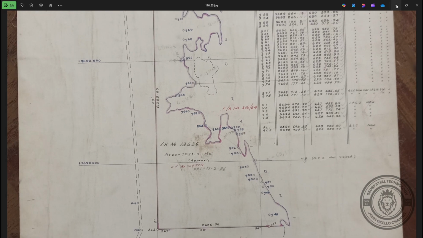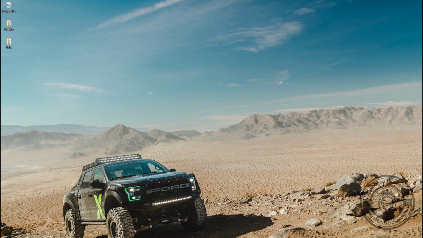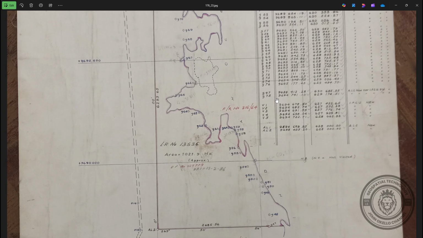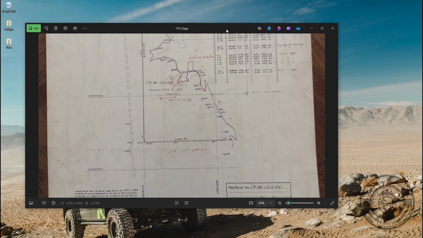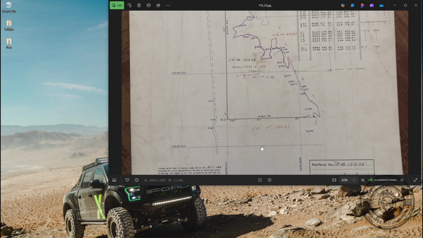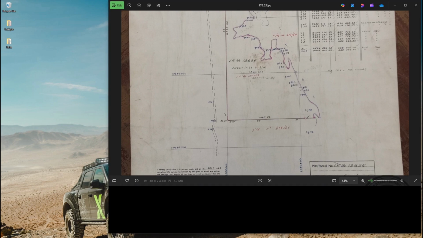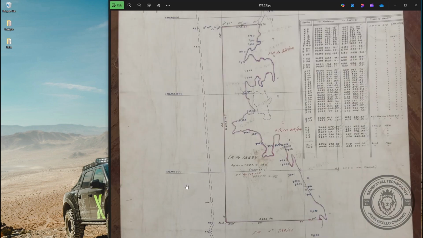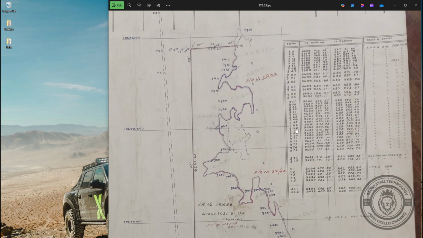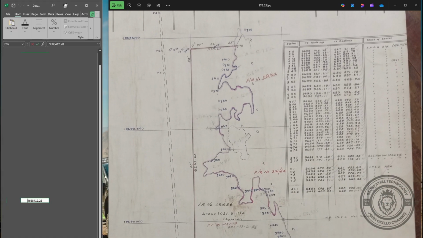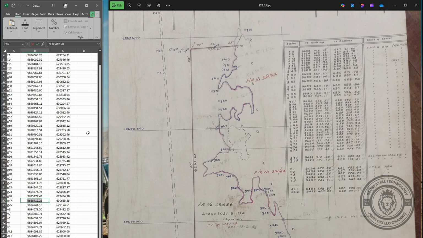What I normally do to make my work easier, I normally type the coordinate list in Excel so that it will be easier for me to copy the coordinates from this Excel to